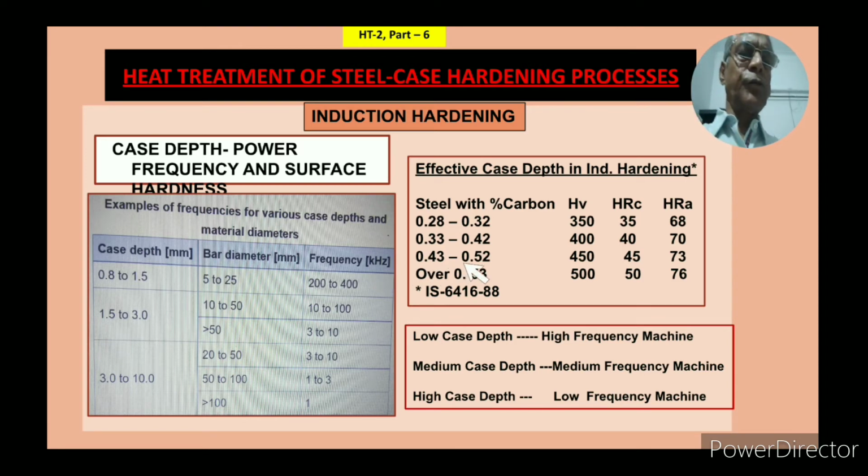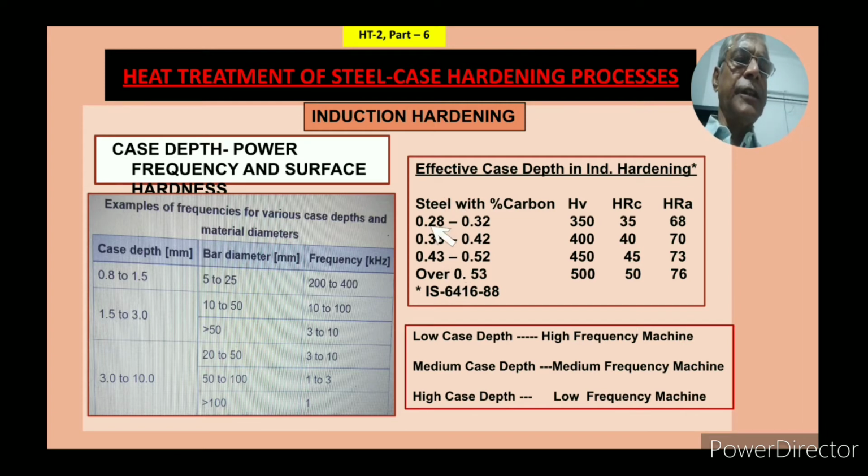Now in this table, I am showing you the effective case depth in induction hardening. Steel with varying percentage carbon, and this is HV, hardness in VPN scale, then hardness in Rockwell C, and hardness in Rockwell A. This I am showing you because whenever you have to measure effective case hardness, you have to decide a cutoff point of hardness. At what particular cutoff point you take the case depth measurement, and that varies